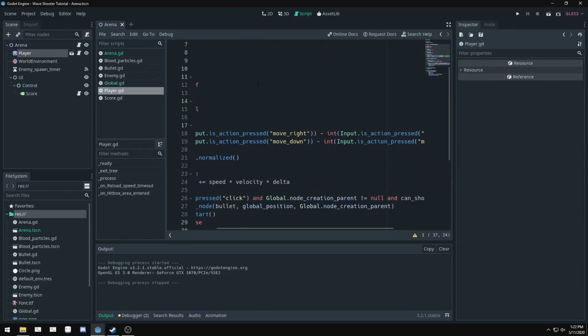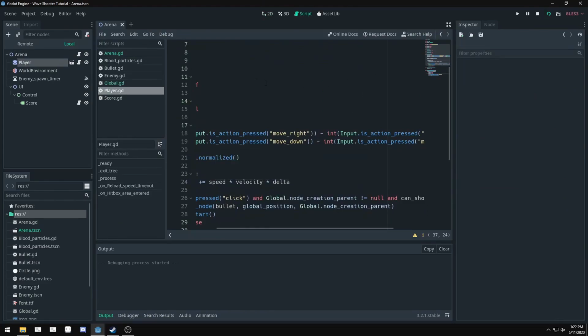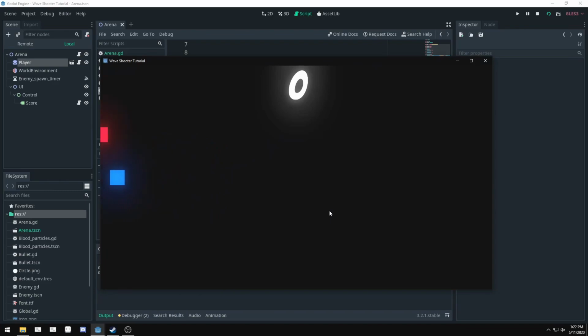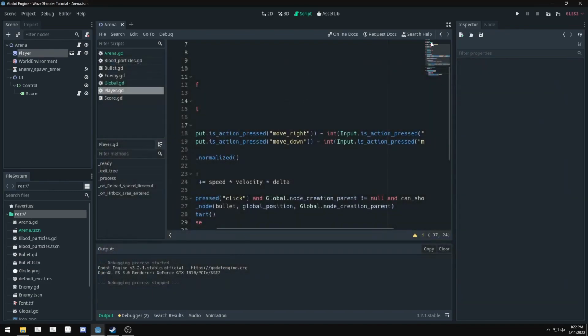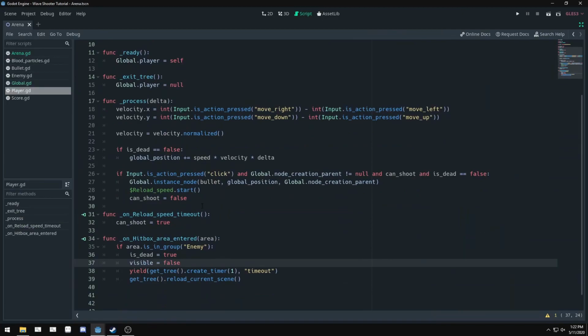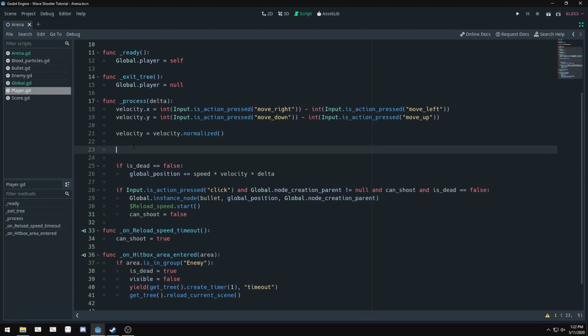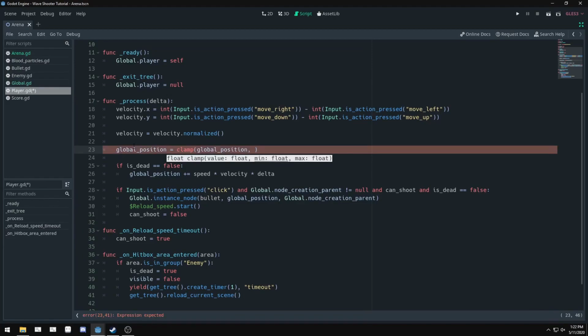Now let's make it so the player can't leave the screen, because if I run the game right now, you can see that the player could just walk off the screen. And I have a simple solution for this. Go into the player script, and in that player script, we're going to do global position.x equals clamp global position.x, and the minimum we want is 0, and then the max, which we're going to set as our